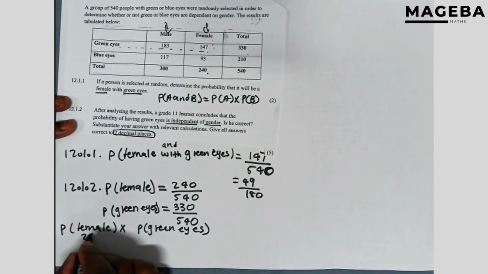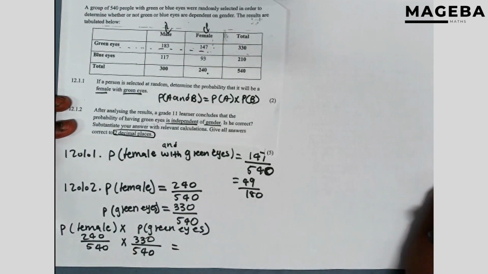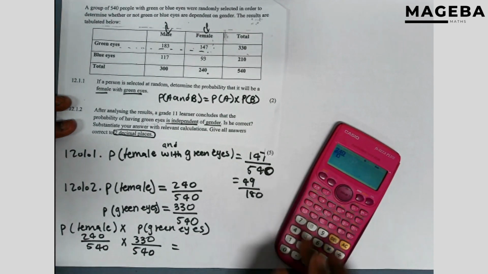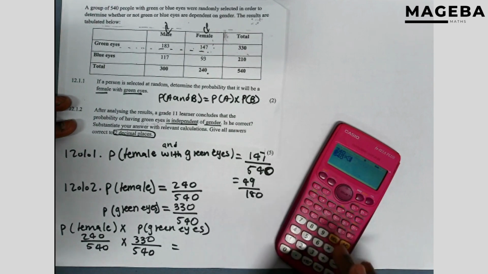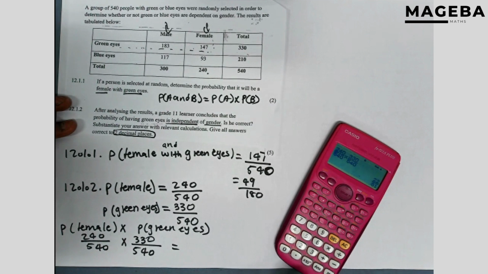We have 240 over 540 times 330 over 540. But we need to round off our answer to two decimal places, so we have